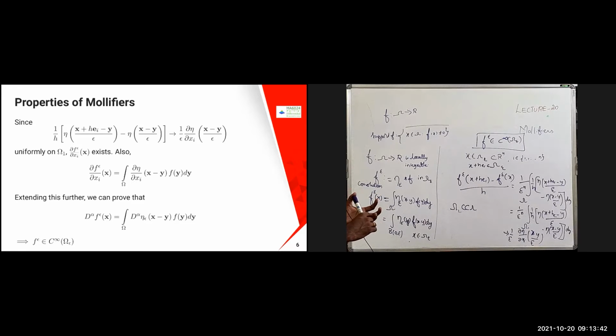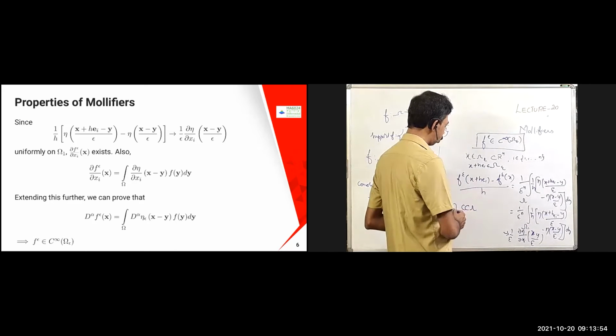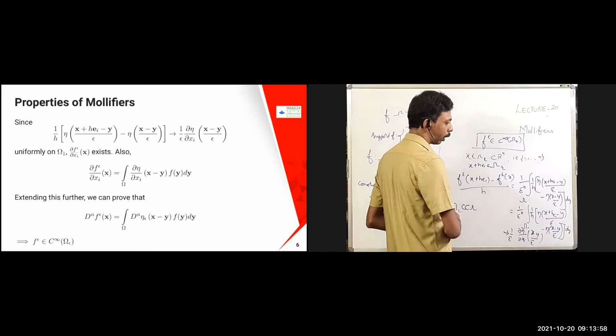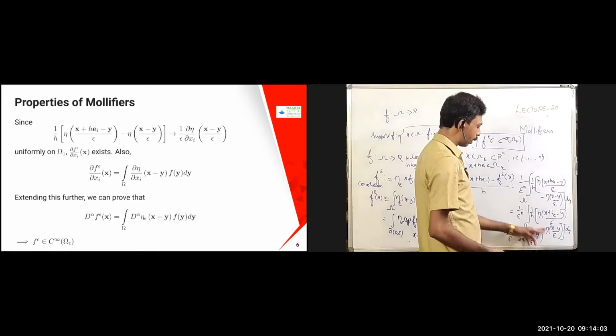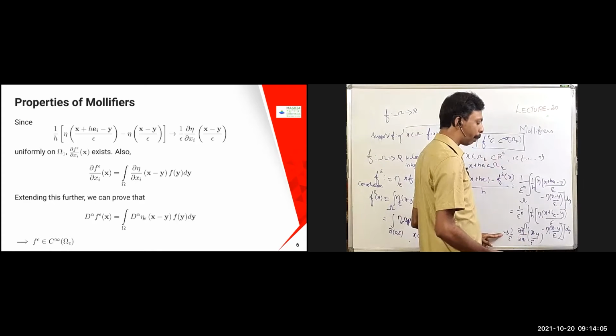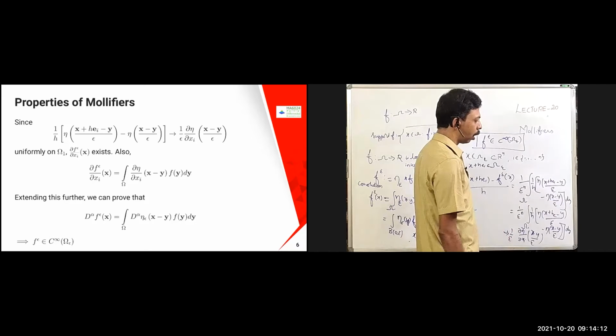Now you have to prove that it is converging uniformly also, for which you need to use the theorems you have learned in the analysis course. Here omega 1 is compactly contained in omega, that means it is a compact set. Since it is compact, it is differentiable, so this is already obtaining the differentiability, and we have that compact set. Use that concept, and you are going to get that it is uniformly converging to this partial of eta by partial x_i.